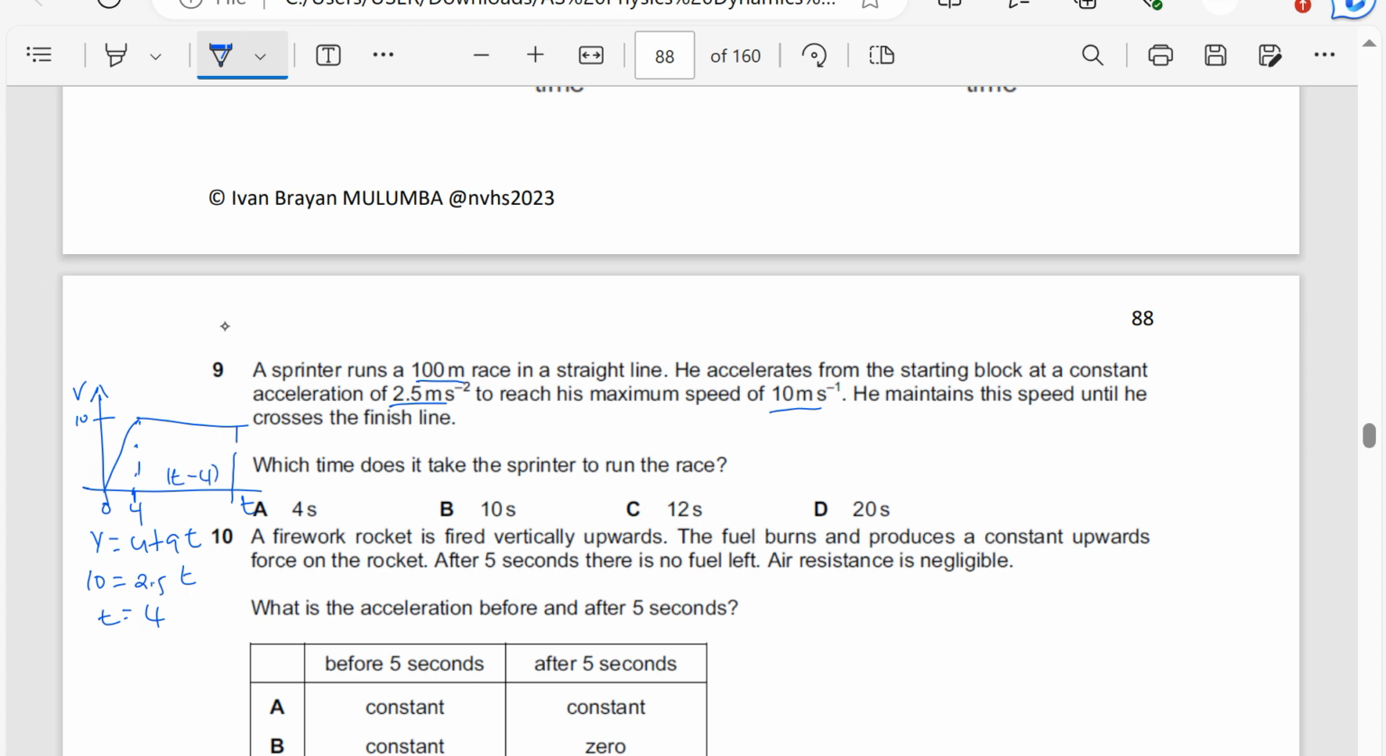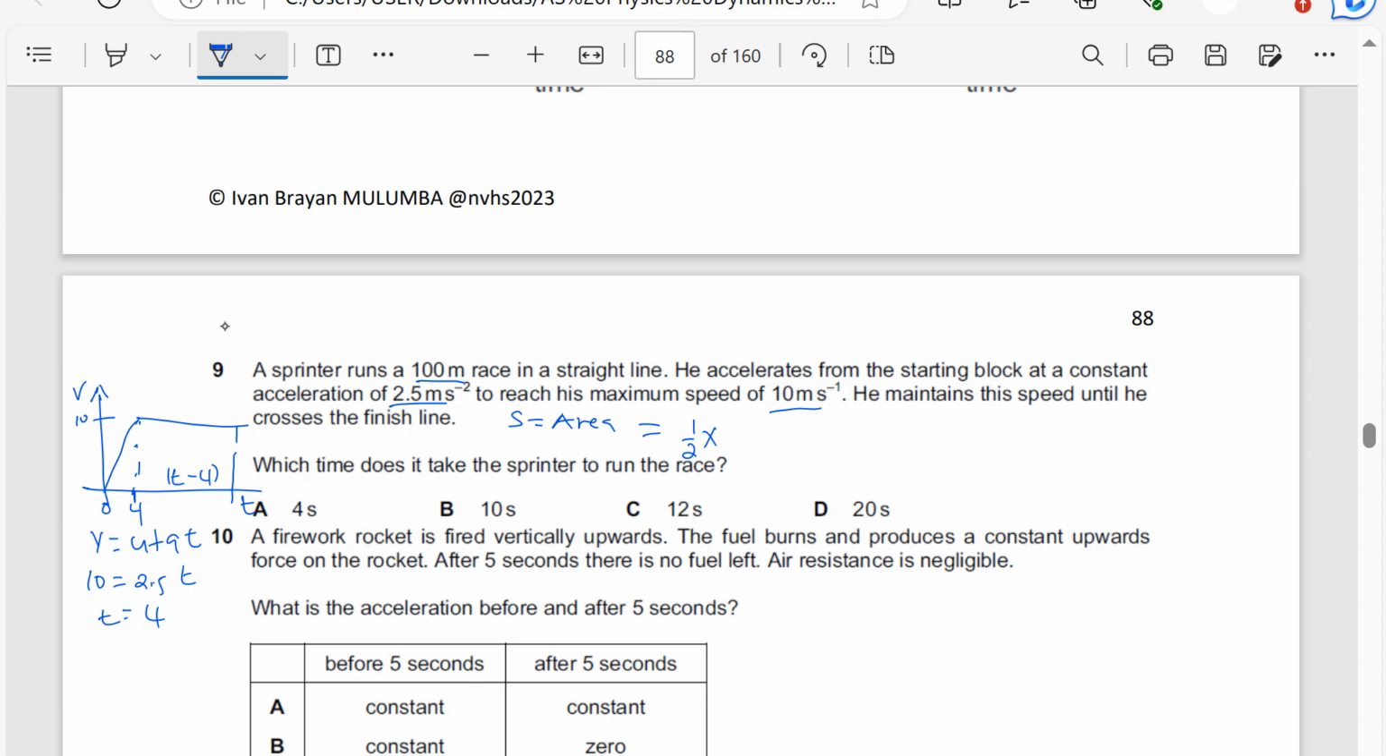The time it takes when moving at a constant speed is going to be t minus 4. But remember, the displacement or total distance is the area under the graph. So I will say distance is equal to the area under that graph. Or I can add the distance it travels at a constant acceleration plus the distance it travels at a constant velocity. So area under the graph, for the first part, it is a half